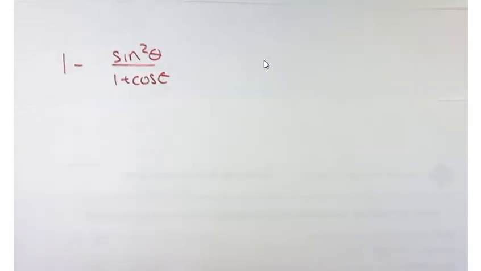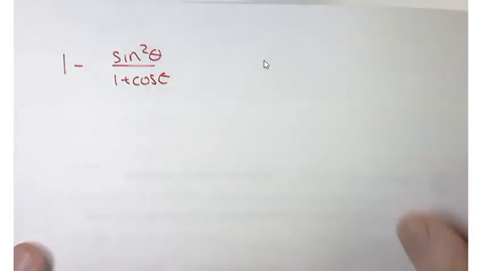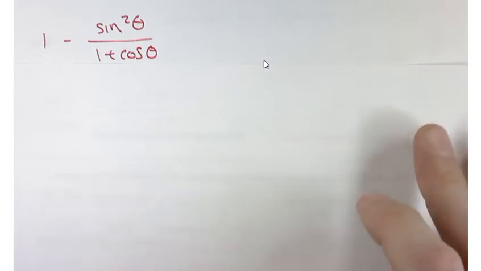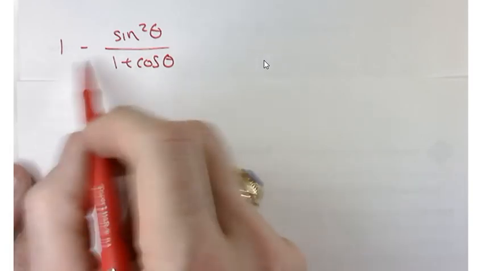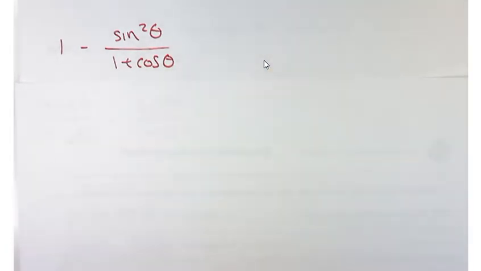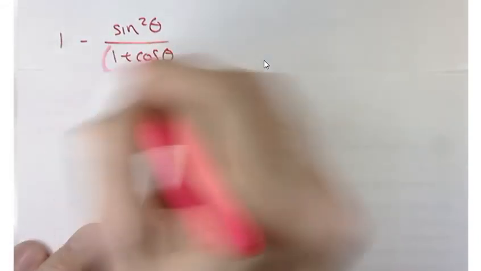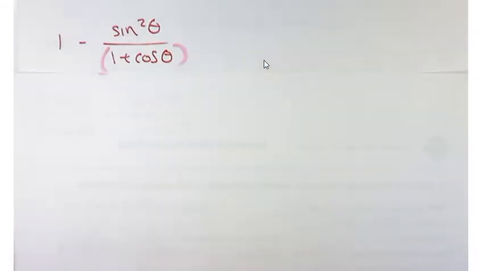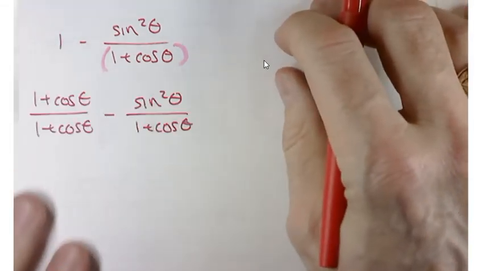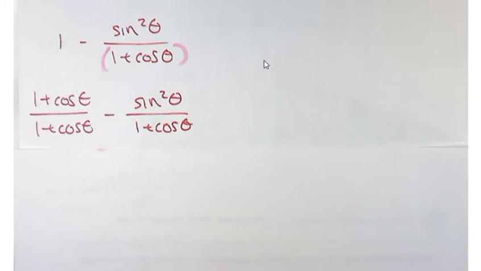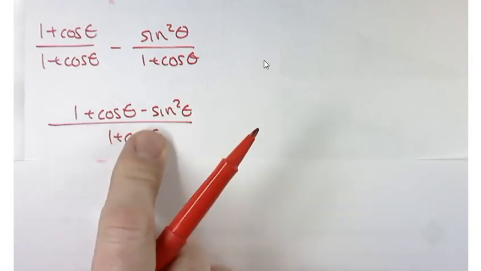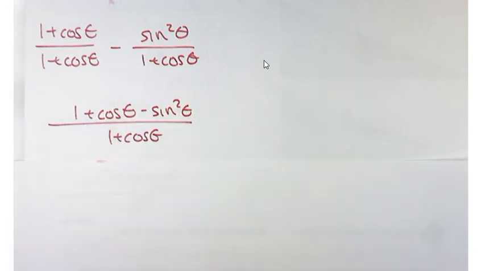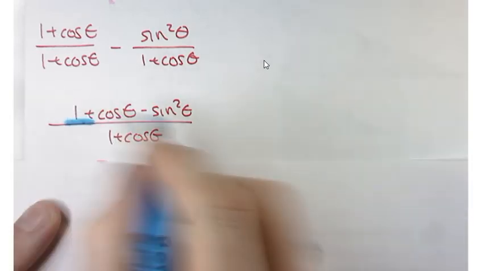So here's a couple different varieties of ways to solve this one. Let me start with the approach that a lot of you went through. And that is, let's start by getting a common denominator. Now 1 doesn't really have a denominator, so the only denominator is really 1 plus cosine of theta. So I'll rewrite this as 1 plus cosine of theta over 1 plus cosine of theta. Great. Now these have a common denominator. Let's bring together the numerators, so all one numerator. But if you look carefully at this, you've got a 1 here and a minus